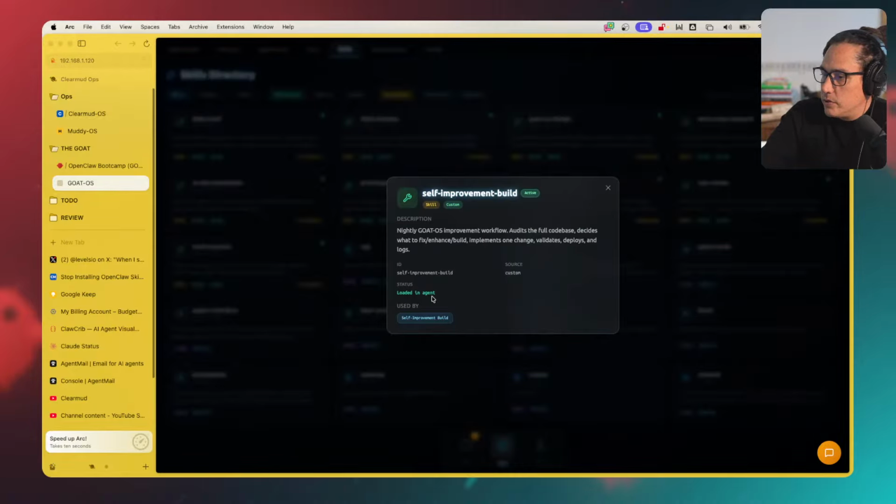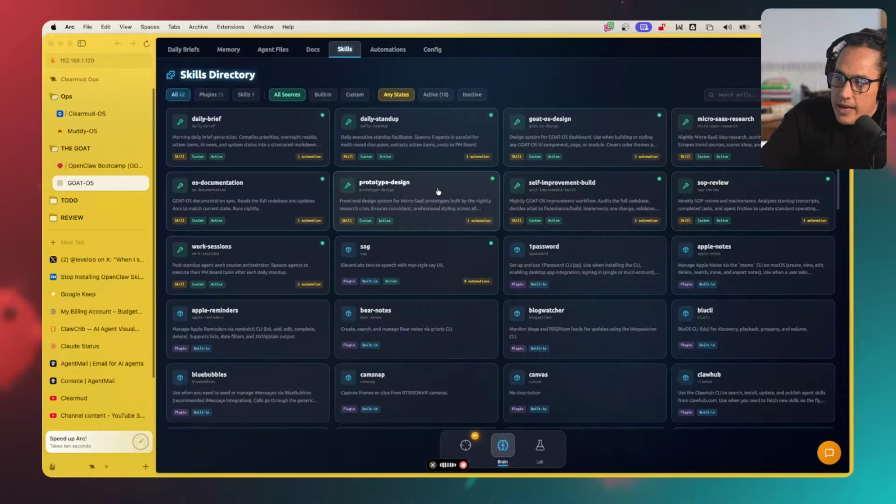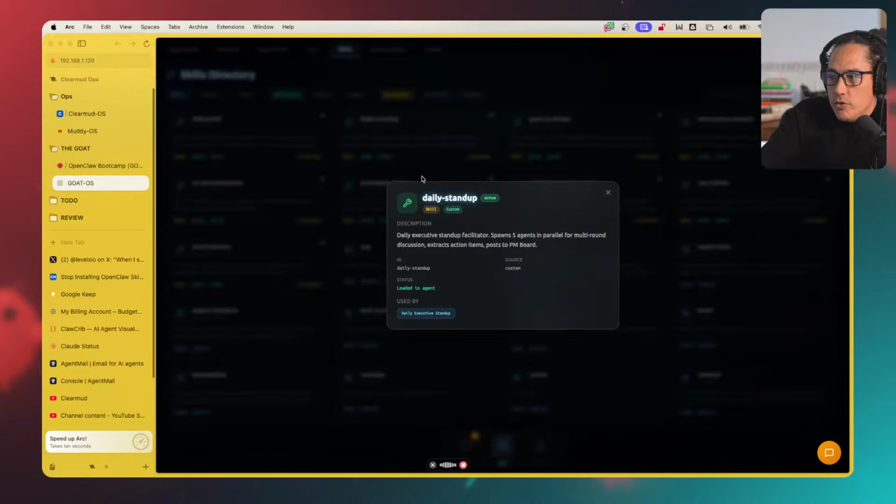Self-improvement build. All right, one note I think we have to improve for the skills directory is when I click a skill, I can't view the entire MD. When you click a skill, that pop-up module should go almost full screen with some slight padding and margins around the edges. And it should show the entire markdown. Now, it should give us a raw / markdown render preview. By default, we should show the render with